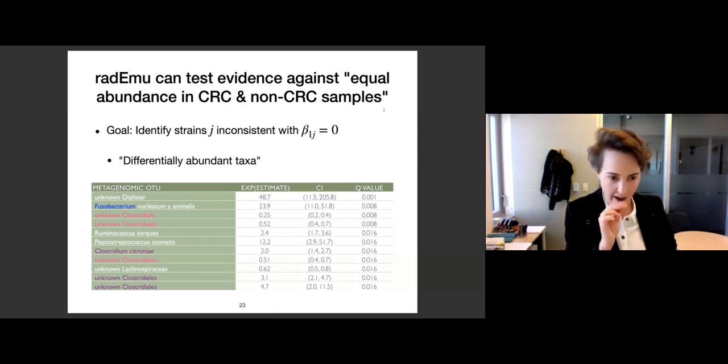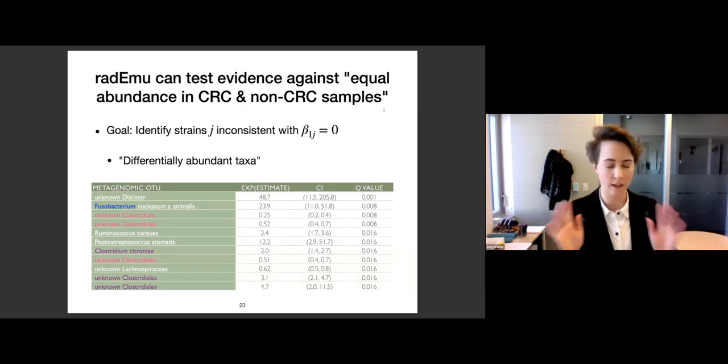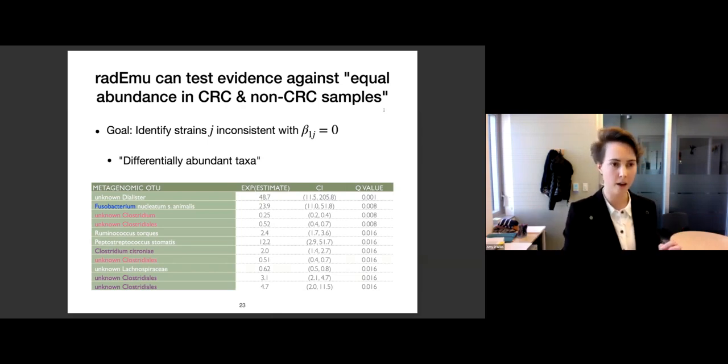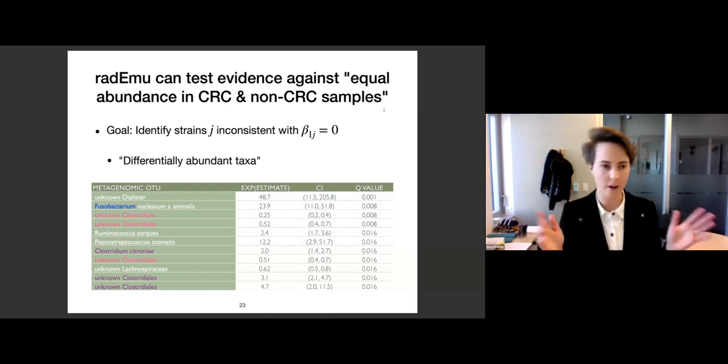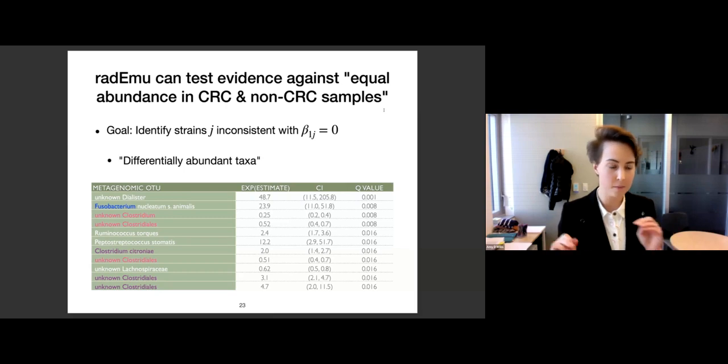RadEmu doesn't know anything about the taxonomy or any information about the labels of each of these microbial strains, but it appears to be estimating similar effect sizes for all of these Clostridia, which I've labeled here in pink, as having exponentiated effect sizes of around 0.4, 0.5. And then there's this other strain of Clostridia that has a larger effect size of around 2, so around twice as